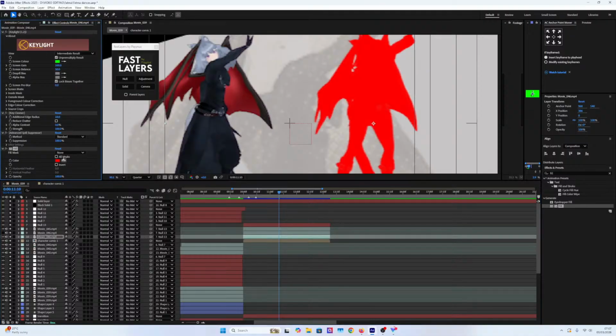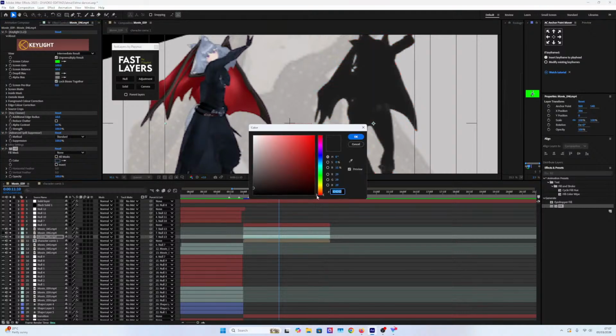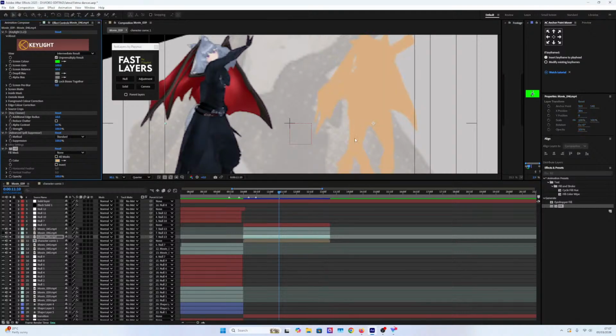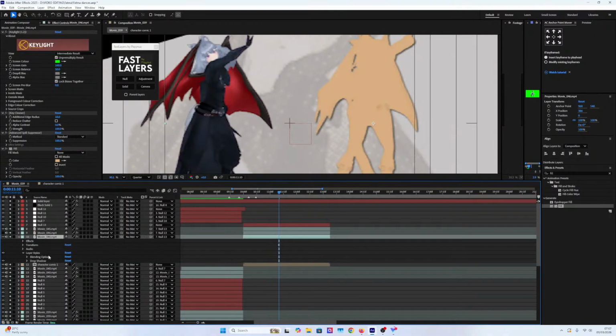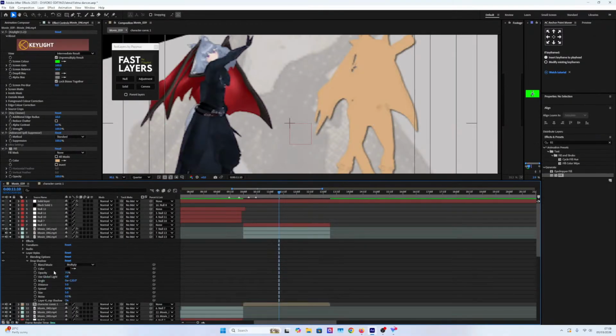And what color? Maybe we should go for the gold. But if we go for the gold, we need a shadow, so let's just add a drop shadow, and then